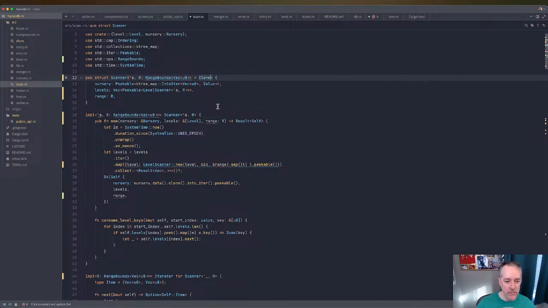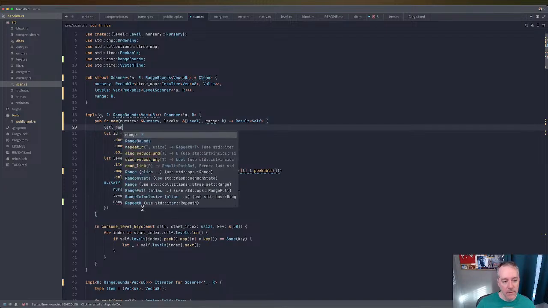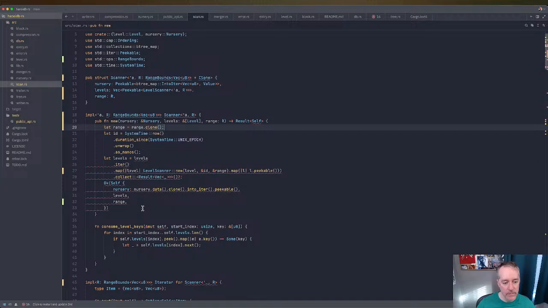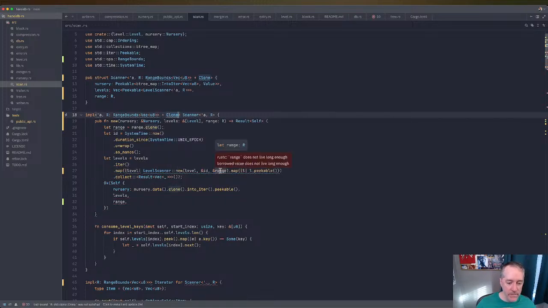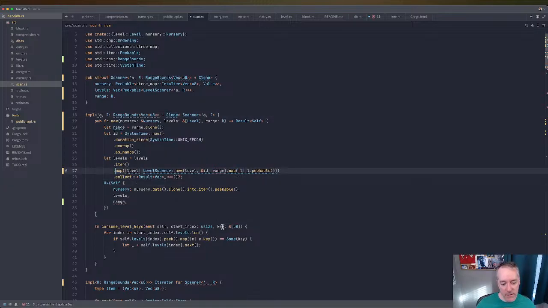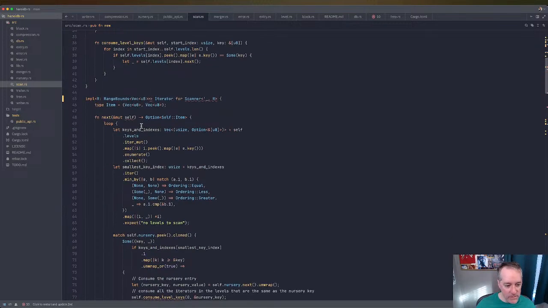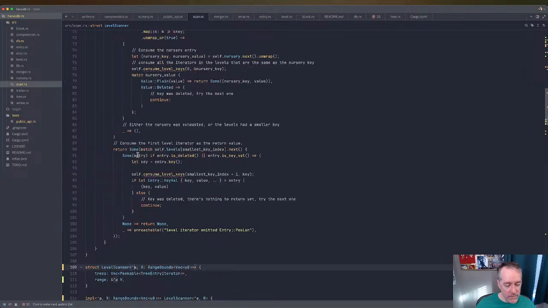Can we do clone and say let that clone? Oh, right. I need to say plus clone. And now it still does not live long enough. Yeah, this is the problem. Now, we could just say, I don't care, clone it. Like, what do we have to lose? And then we can get rid of the